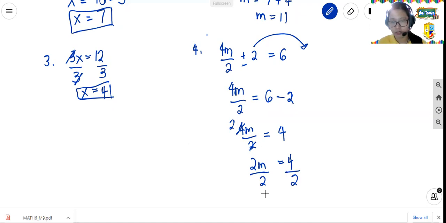If it's multiplication, divide. So 2 divided by 2, that's 1. It's m. 4 divided by 2 is... that still gives you the same answer. Okay. So that is how we will solve